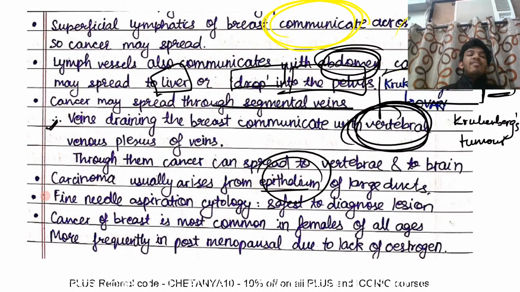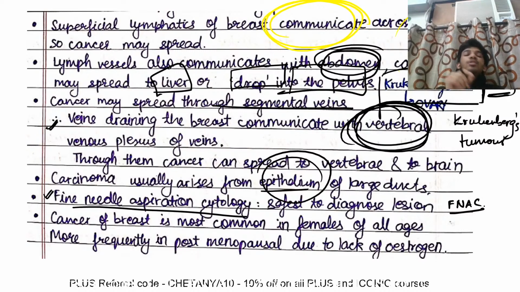Then there's one thing known as FNAC. You will hear it very frequently, FNAC. It's called fine needle aspiration cytology. What you do is pass a needle and take out some of the cells and examine those cells to detect breast cancer. It is very safe and it is used to diagnose lesions or breast cancers and to make prognosis as well. Okay? So cancer of breast is one of the most common cancers in females of all ages,